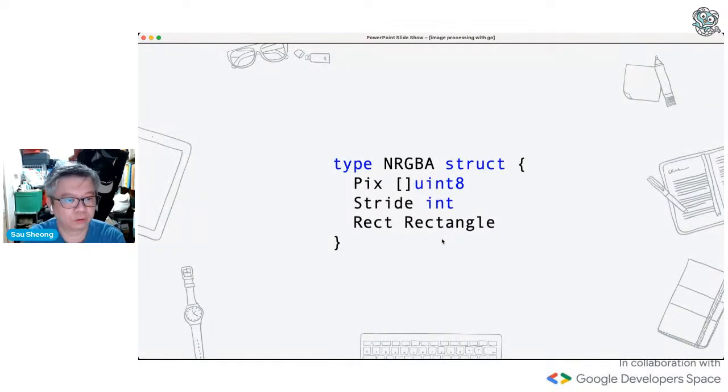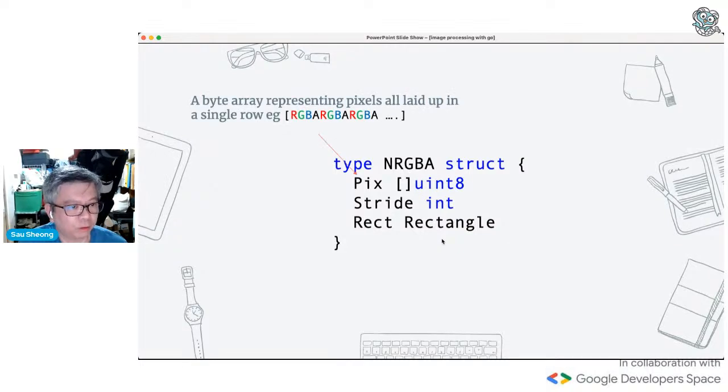This struct has certain values that I'll explain, but the one that is most important for us is really this one, Pix. Pix is a byte array. Like uint8, it is basically bytes that represent pixels all laid out in a single row. So if you have a pixel that's represented in R, G, B and A, you basically have RGBA, RGBA, RGBA, and so on and so forth until the end of your image.